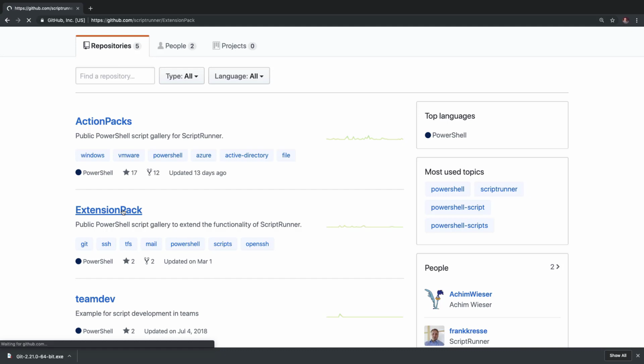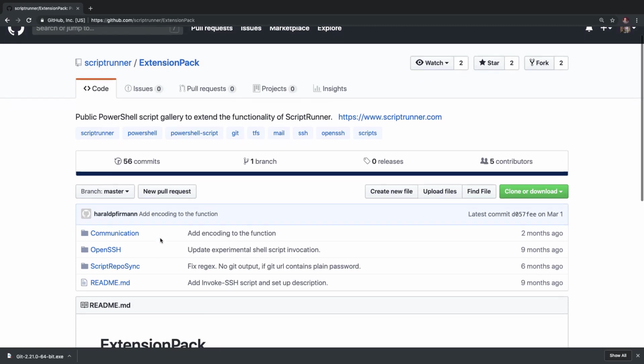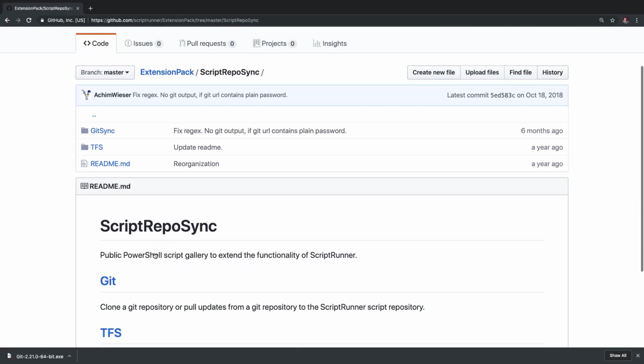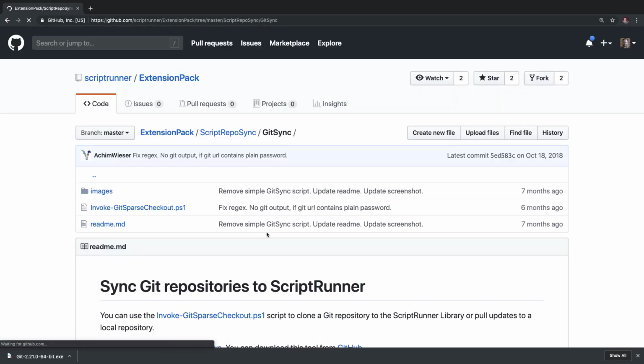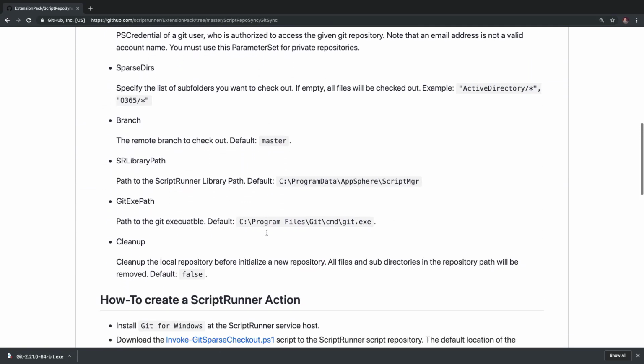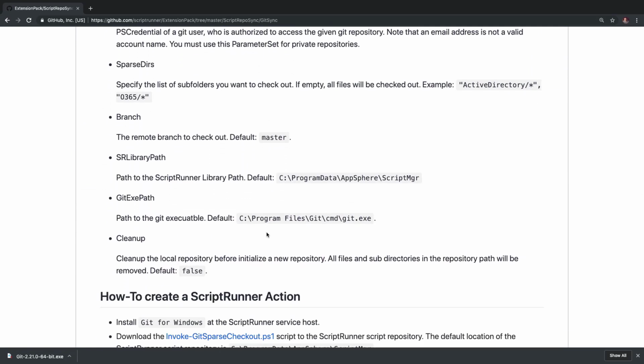All right, so to do that, let me go ahead and go into the Action Pack here, and I will grab this PowerShell script. I'm going to go to script repo sync here, and then I'll come over here and it's going to be a git repo. So I will grab the git repo. Then I'll scroll down. You can see that this script just has some various parameters that we can provide to it. Really, the parameters don't matter at this time. I'm just going to use this script as an example of how to run the script and centralize your scripts in ScriptRunner. All right, so scrolling back up here.